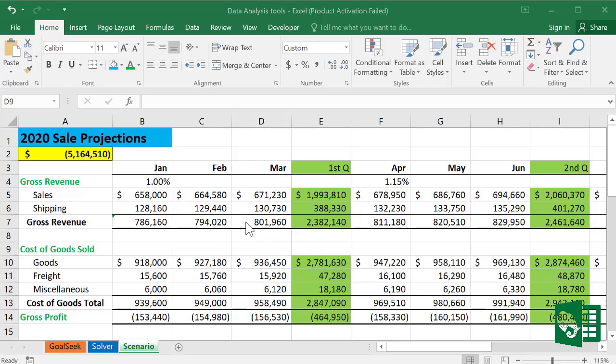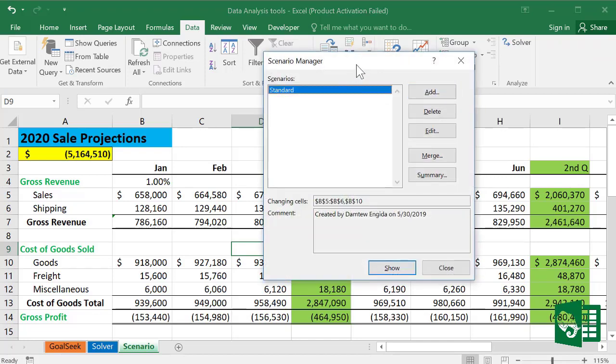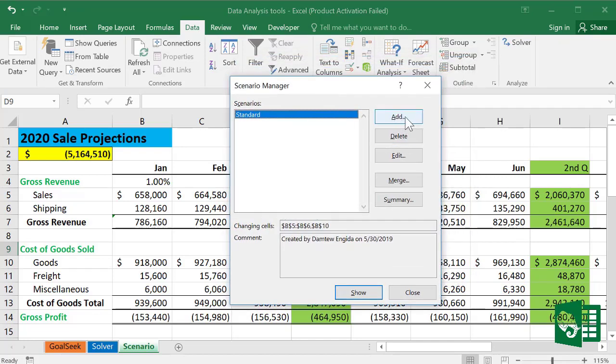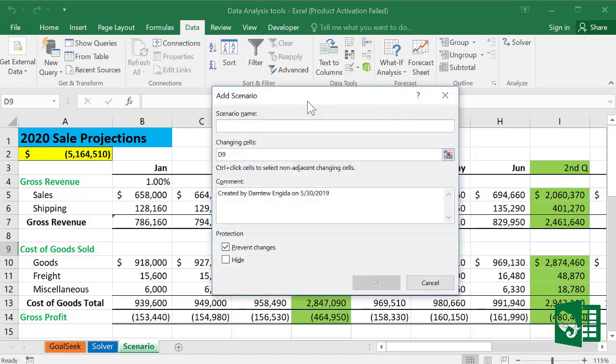Now let's create 3 scenarios for these sales projections: a standard, a high sale and a low sale scenario. To define these 3 scenarios, go to Data, What If Analysis, and click Scenario Manager. Let's give it a name. Let's call the first scenario standard, and the changing cells would be